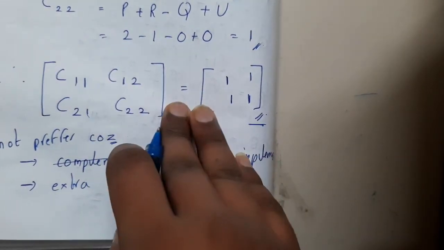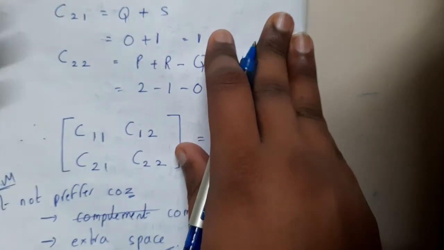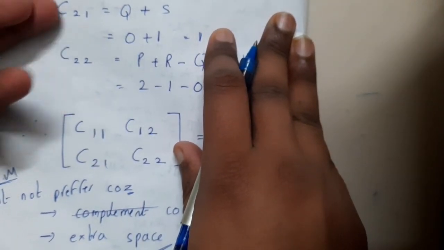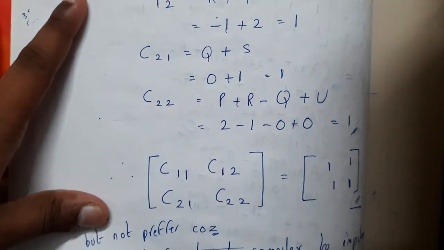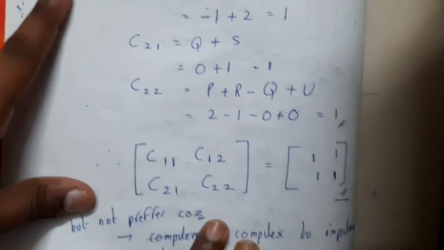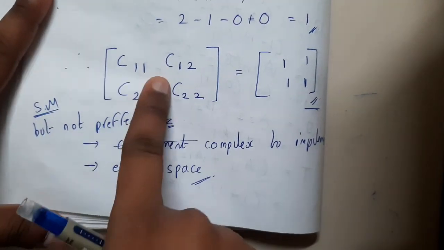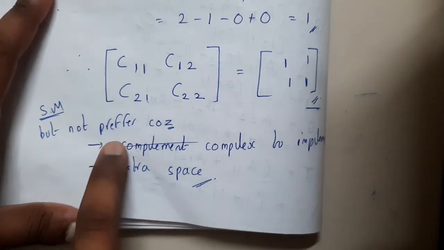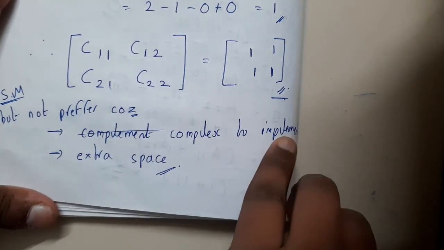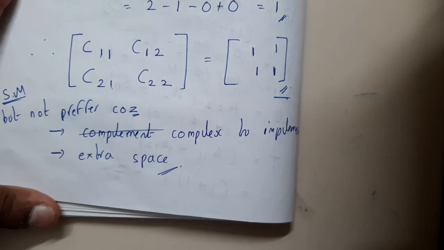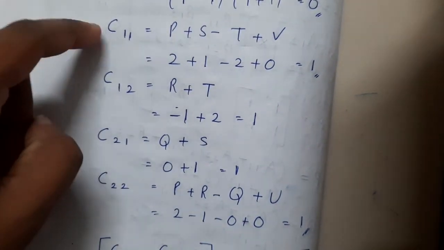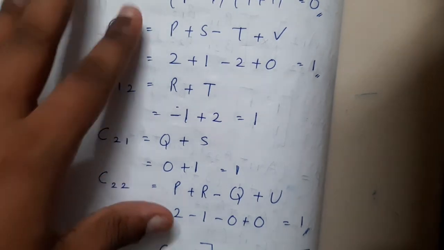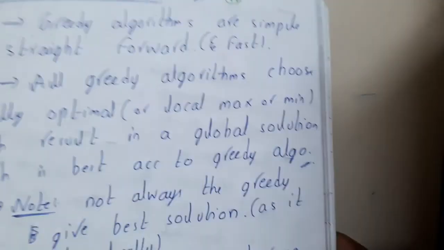So basically this is a method which is really interesting. You are doing the same process, but you're doing it with some formulas. But this is a bit complex when compared with the previous one, because remembering all these formulas or computing all the values is tough. So this method is not preferred for a few reasons. It is complex to implement and we need a lot of space also. To store all these P, Q, R, S, T, U, V, 7 elements followed by C11, C12, C21, C22, for all these things we need space, right? So that is the reason why this method is introduced, but it is not used a lot.